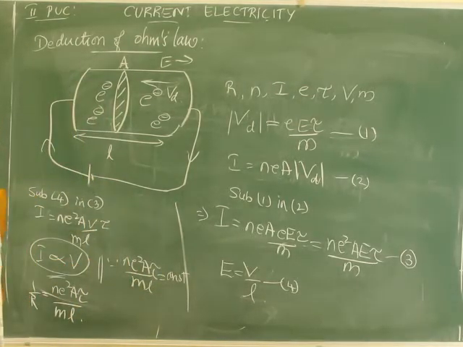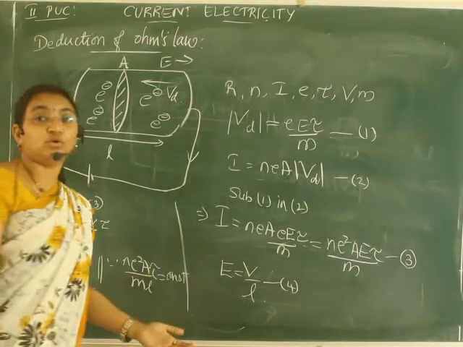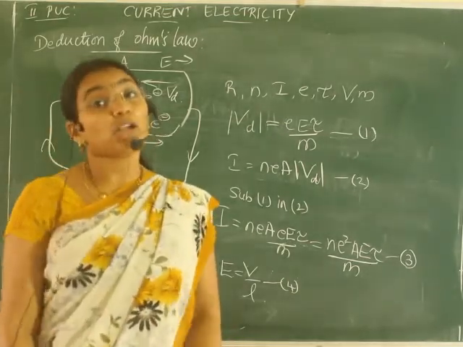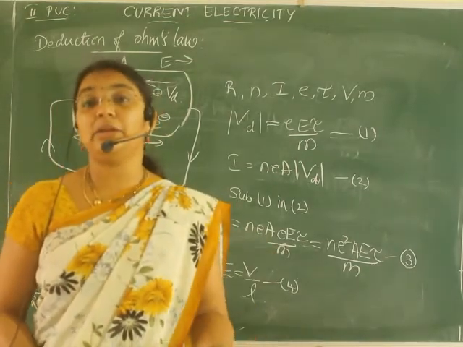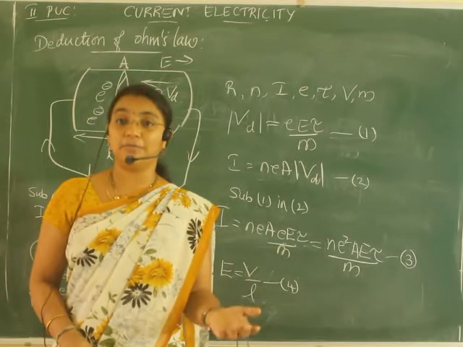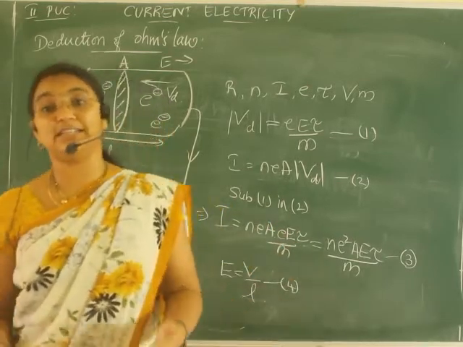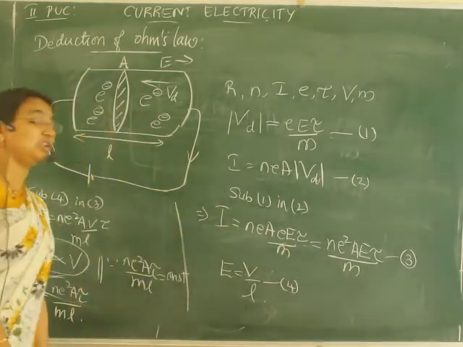After this, what I want to speak about is Ohm's law. We have deduced Ohm's law, we know Ohm's law. After that, what we have to study is, what are the limitations of Ohm's law? For everything, there will be positive and negative points. In the same way, for Ohm's law also there is a negative point, that is nothing but what we call a limitation. There are some limitations for Ohm's law also.